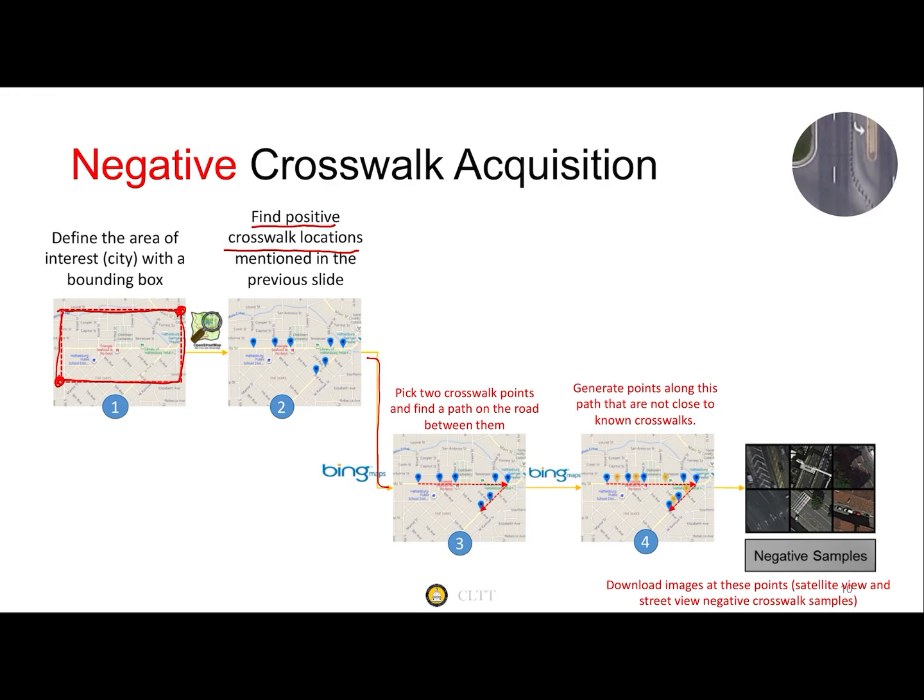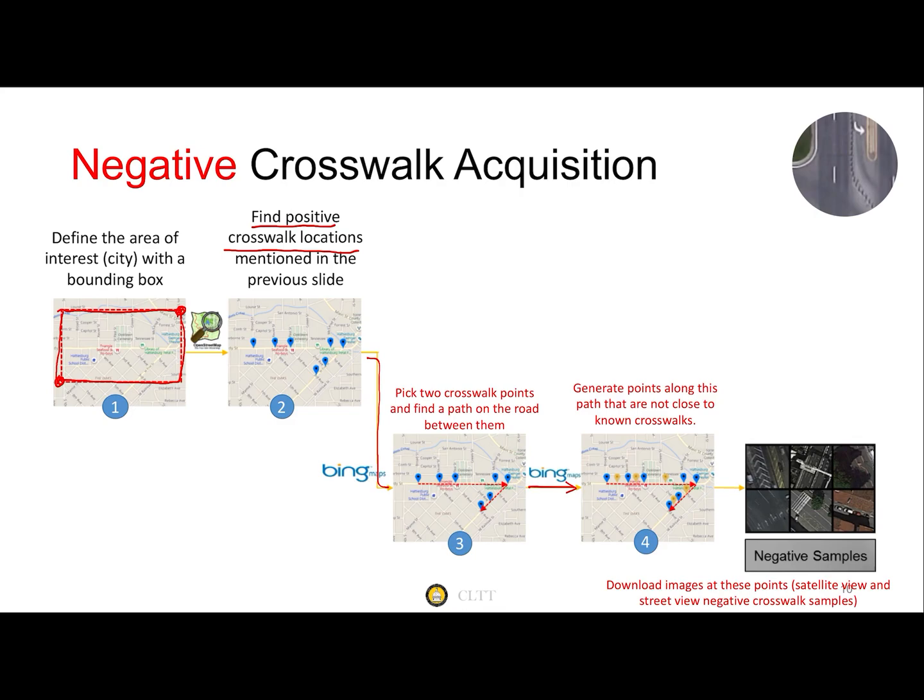We can generate a route passing through those blue dots. That's a function in Bing Maps. That's where you can use the routing function. So you have a route. That's the dashed red line passing through all the blue dots. And then after that, we move on to step 4, which is to randomly drop the yellow dots on